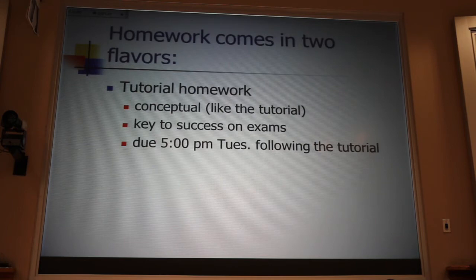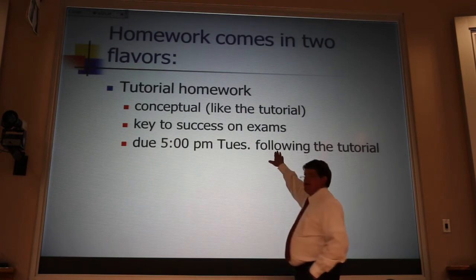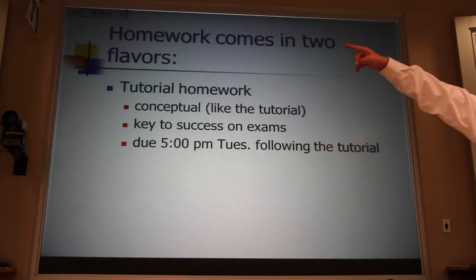The second volume of the set has a tutorial homework for each one of the tutorials. This homework assignment is written in such a way that if you really went through the tutorial like you should have, it'll be easy. You'll sail right through it. If you didn't pay attention in the tutorial, if you let the others in your group do the work, if you let them do the thinking, you really don't have much hope of getting the right answer. Okay? And this is how we grade the tutorial portion of the class, with the homework assignment. It's due the following Tuesday. You'll turn it in on the second level of this building in the atrium, and I'll give you more instructions when we get close to that time.